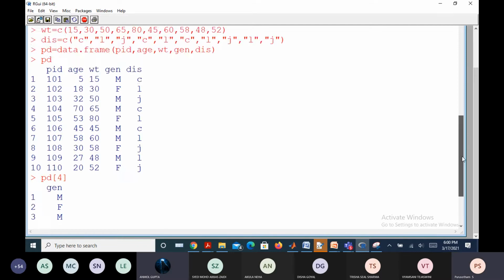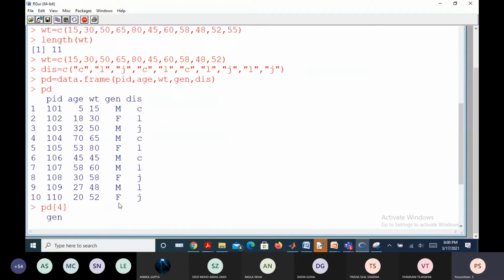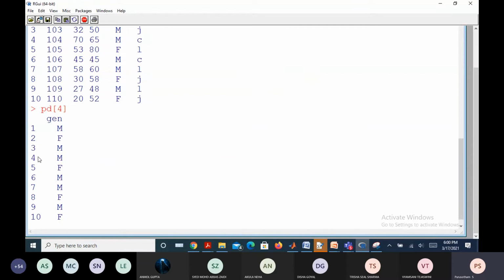By default, when you give PD of 4, what it is actually giving is the 1, 2, 3, fourth variable. It means that PD is tabular data which contains columns of variables. Now the fourth column data it has shown is related to gender. Is it giving our actual requirement?